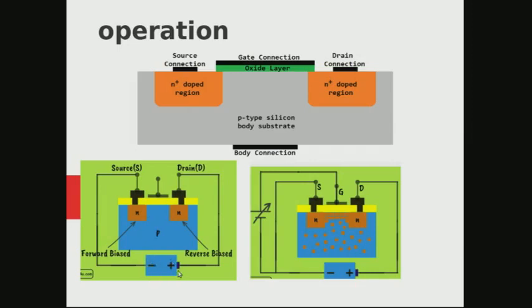The gate contact is insulated from the substrate, whereas the drain and source are connected to the n-type regions. And in the second figure we have connected a DC source to our MOSFET, and the connection is such that one of the end regions is connected to the negative terminal, and it is termed the source, and the positive terminal of the DC source is connected to the drain terminal. So the DC voltage source is connected and it will result in two PN junctions.